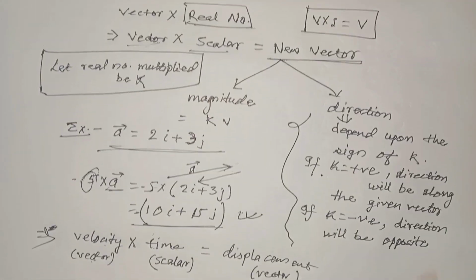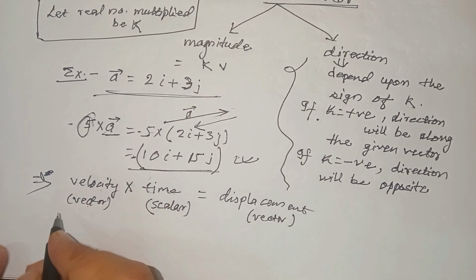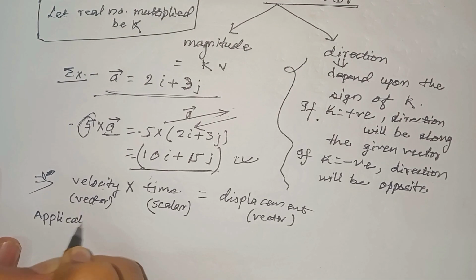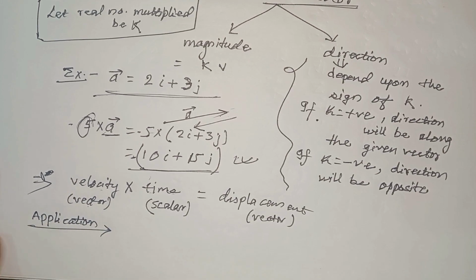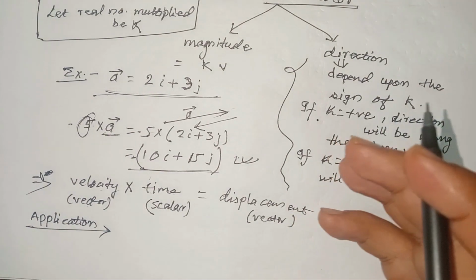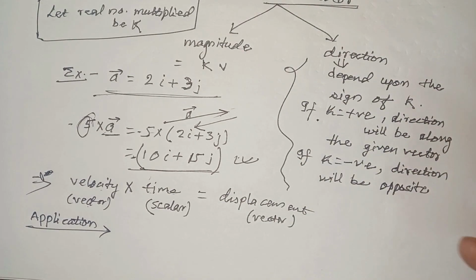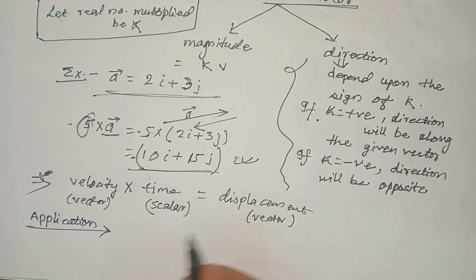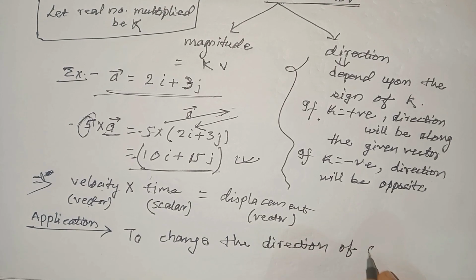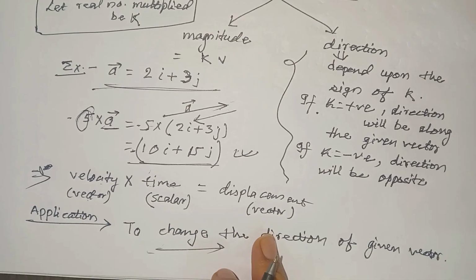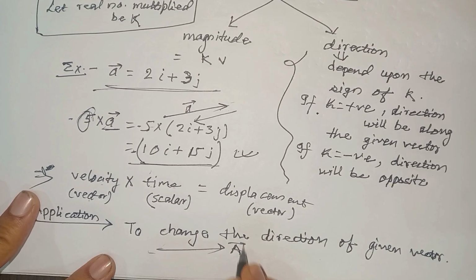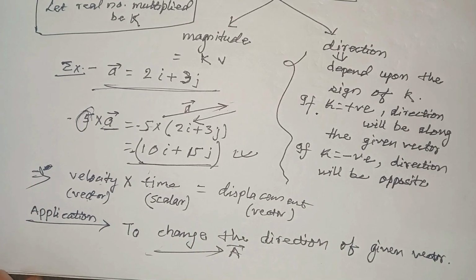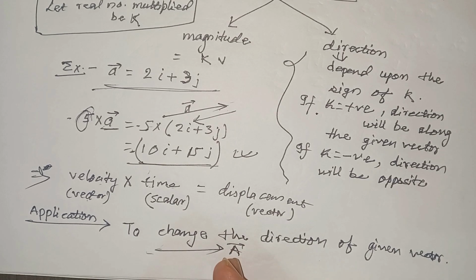Now let's see the most important part, the application. It is one of the most important parts of this topic. What is the application of scalar multiplication? Multiplying a vector by a scalar is called scalar multiplication, not a scalar product. That is a different thing. Its application is simply to change the direction of a given vector. If this is vector a and its direction is in this way, and we want a new vector for some purpose which should be in a direction opposite to this vector,